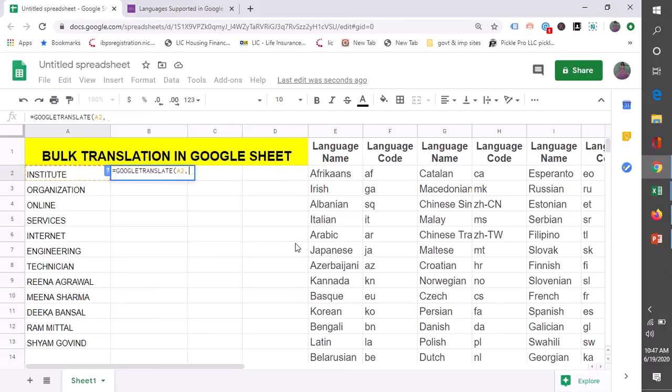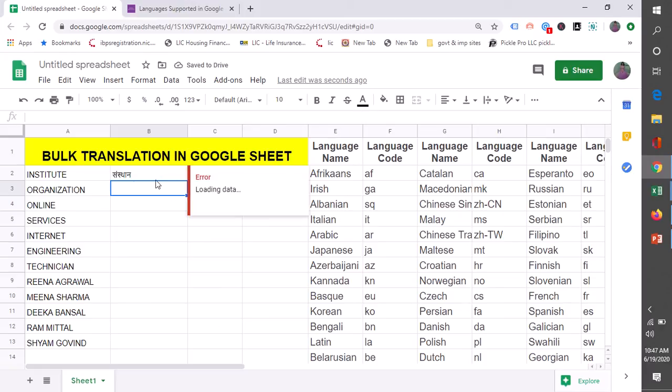Now under the inverted commas, you have to take the first two letters of a language. So this text is written in English, so first two letters of English, and I want to convert in Hindi, so first two letters of Hindi, HI, under the inverted commas. Simply we will do drag and drop.